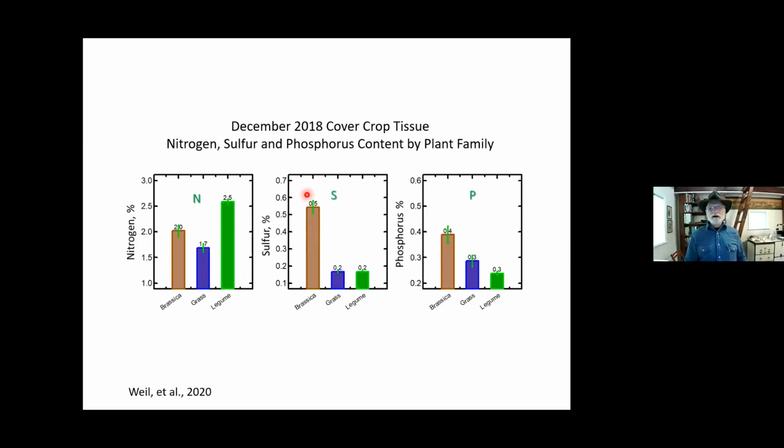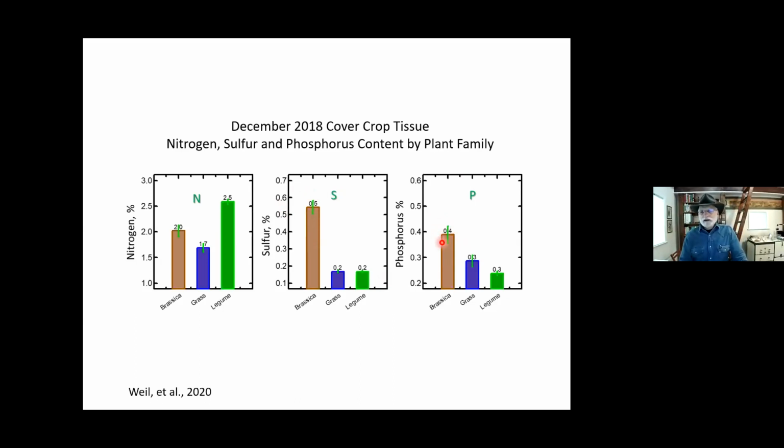4 times as high. You can cycle a lot of sulfur using brassica cover crops. They'll bring it down from deep in the soil. That sulfate leaches out, and then they can bring it up to the surface where other crops can use it. Phosphorus is also, you can do a lot of phosphorus remediation and moving around with cover crops,